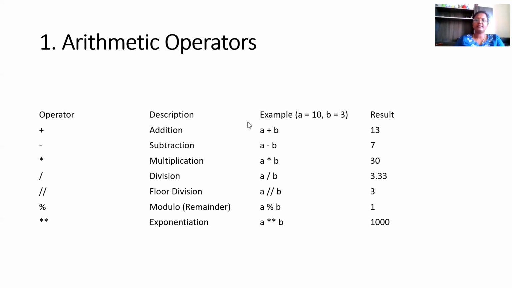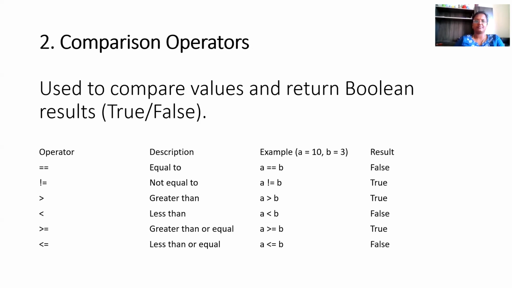So examples, these are the very basic level arithmetic operators: addition, subtraction, multiplication, division, floor division, modulo, exponentiation. We must know these operators very well. Then only can we apply these mathematical concepts in coding. Because in the first course, I'm going to explain the basic knowledge needed for data science. In my next course, I will continue with the programming basics using Python. In future, I'll upload that course in Udemy. So before that, you must know all these basic operations.